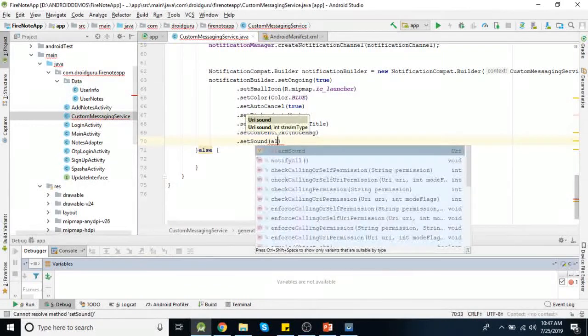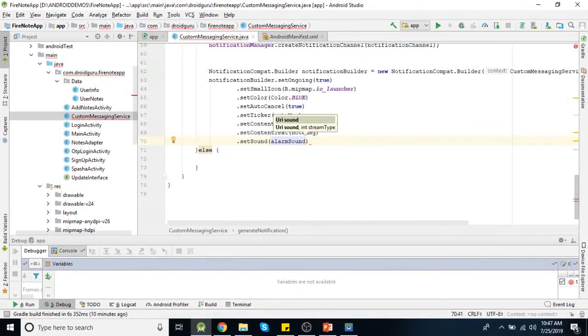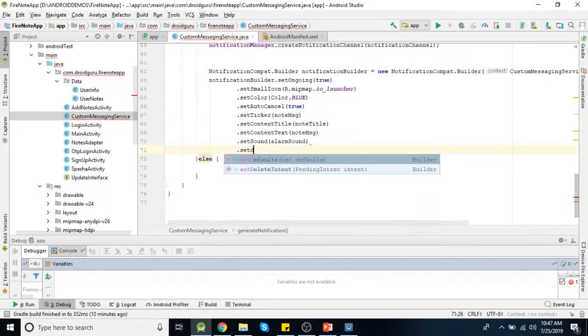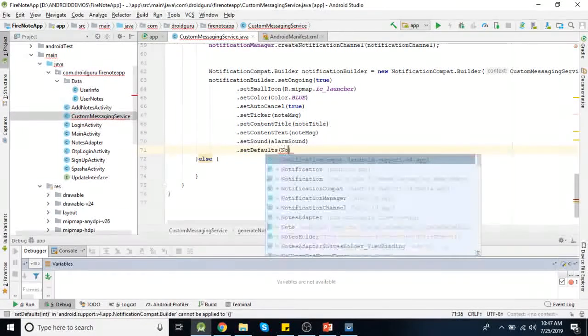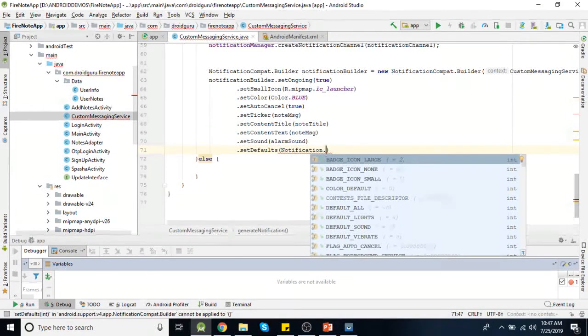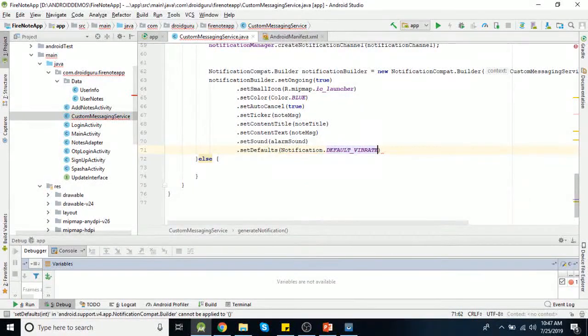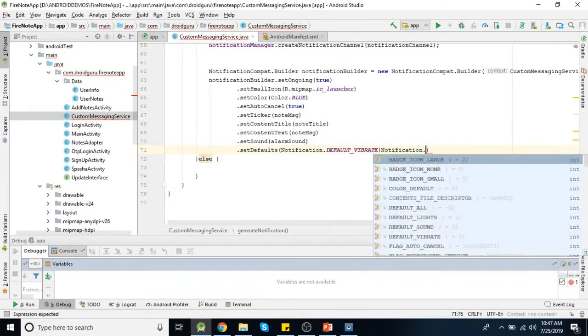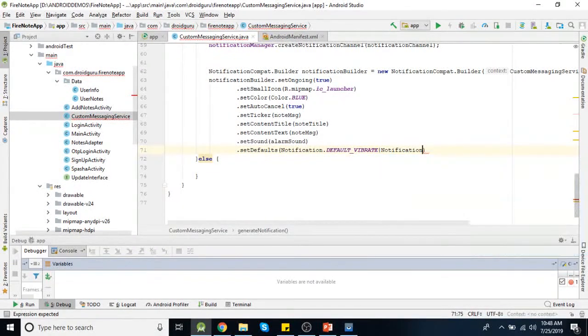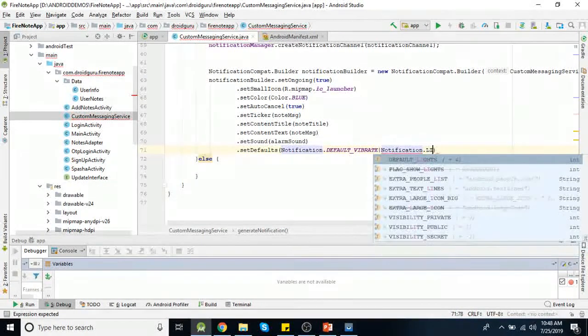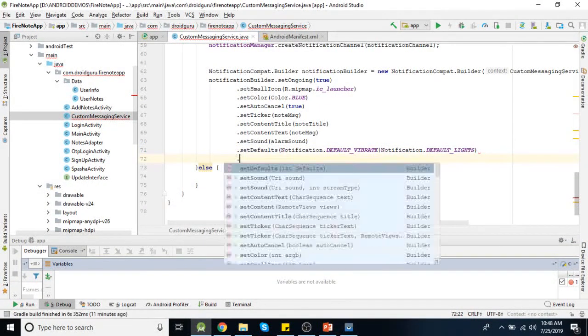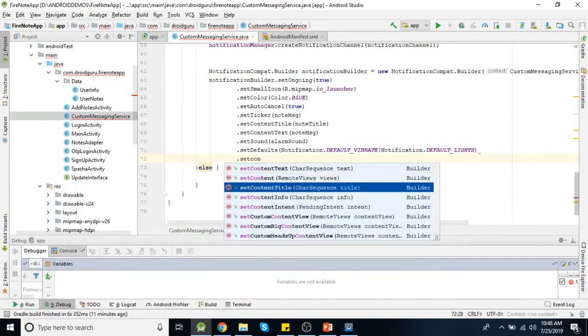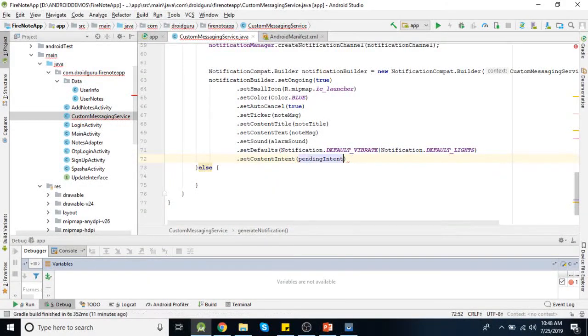You can use that alarm sound here. Then we need to set some values like notification dot default vibrate or notification dot default lights. And finally you need to set your pending intent. So set content intent, your pending intent object. So our notification builder is ready.